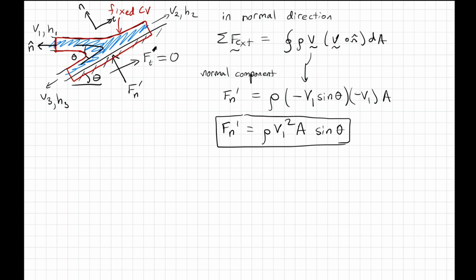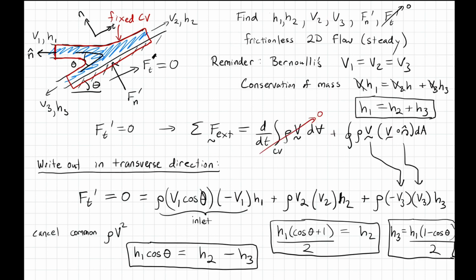And does that make sense? So if theta here is 0, I wouldn't expect there to be a normal force, and let's check it out. Sine of 0 turns out to be 0, so there would be no normal force. And similarly, if theta was 90 degrees, I expect the value to just be this. And that works out because sine of 90 degrees is just 1. And so everything here works out, and so we're able to solve for both the normal force and the two